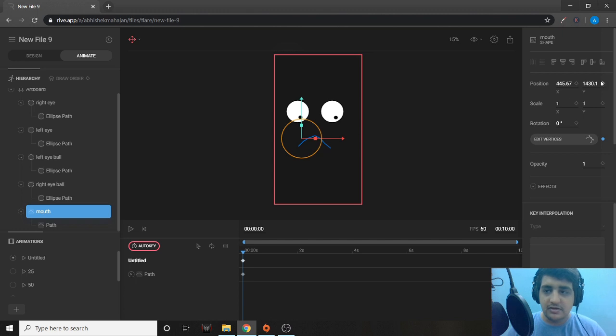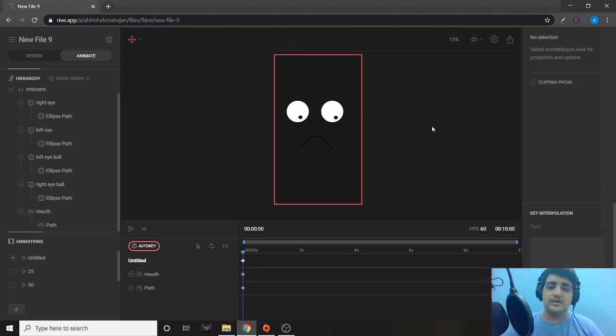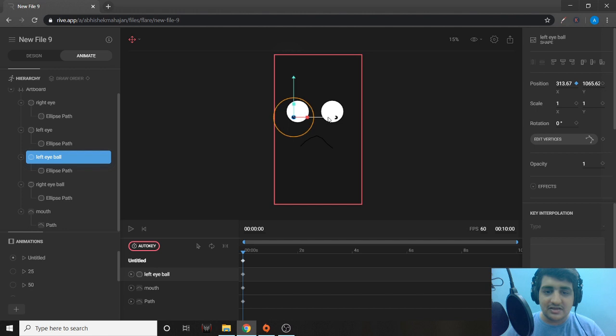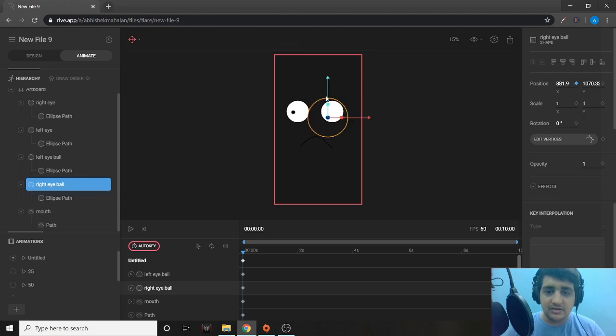Right, and I'll translate it a little to the side. This looks sad. That's sad. Make the eyeballs at this side a little bit up because I'm going to translate the eyes as well.